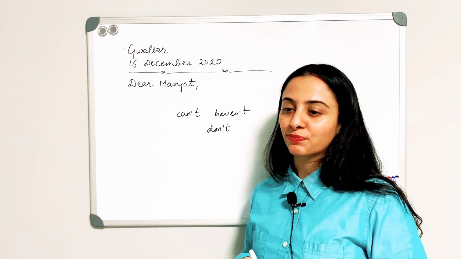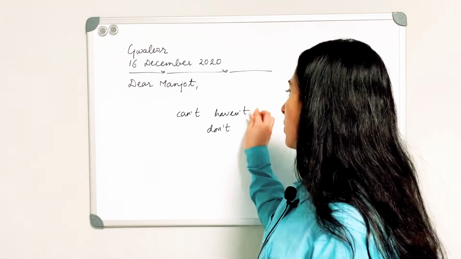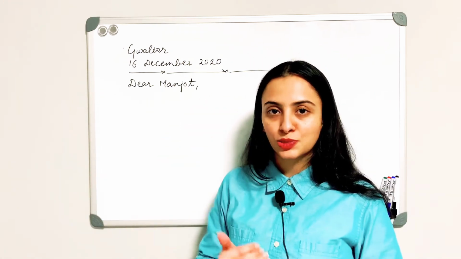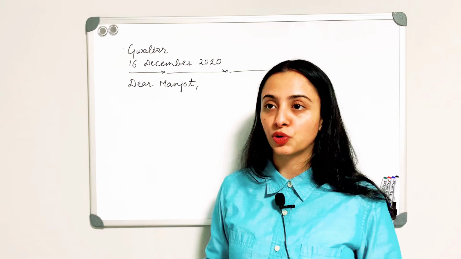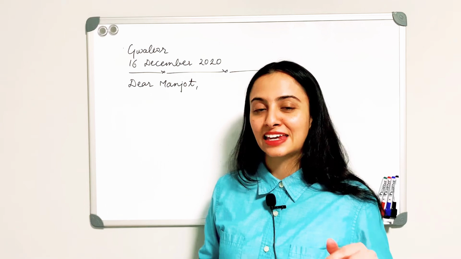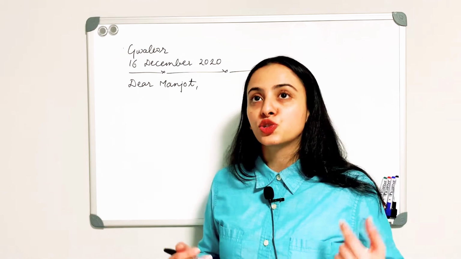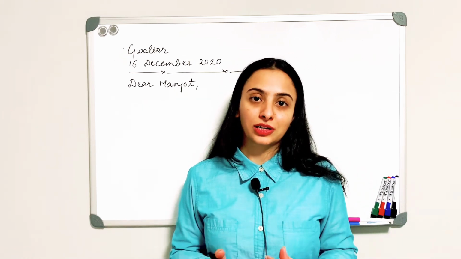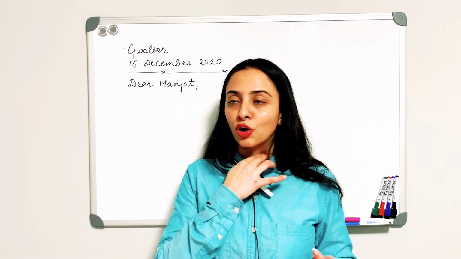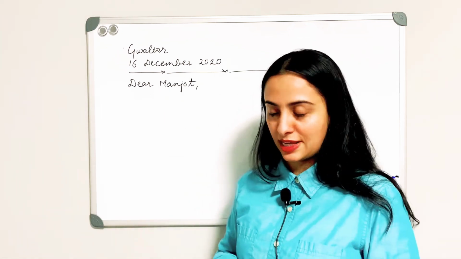Why? Because it is a language that you use with your friends. Whoever you're writing to, it depends on that. If you're writing to a friend, your words will depend upon that, right? If you're writing to your father, your words would be somewhat different. You cannot write a letter to your father exactly the way you would write to a friend, right? In different scenarios it would be different. Some things would be appropriate in some scenarios, while in others they might not be. So the relationship status is something you have to decide, right?